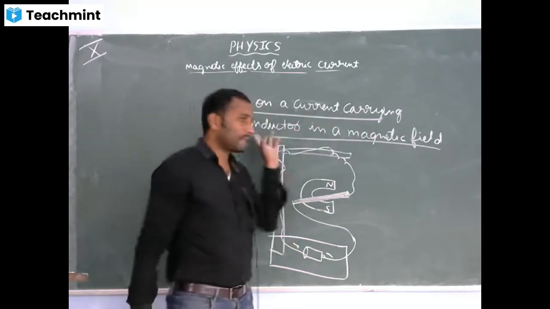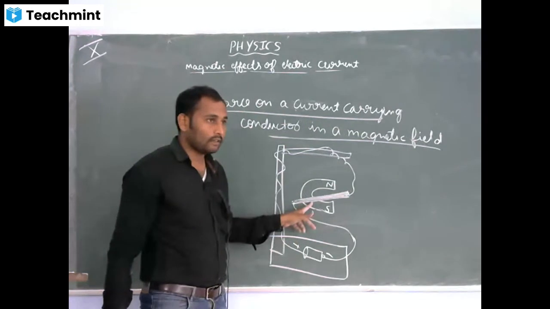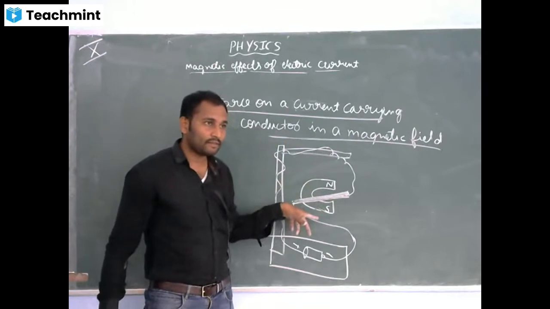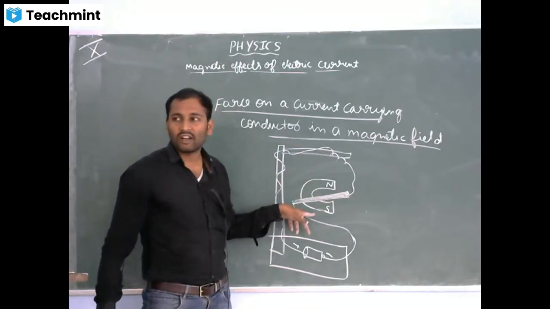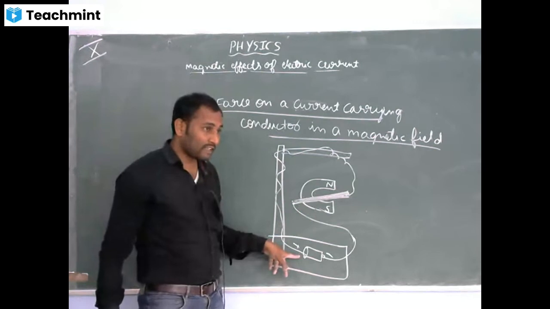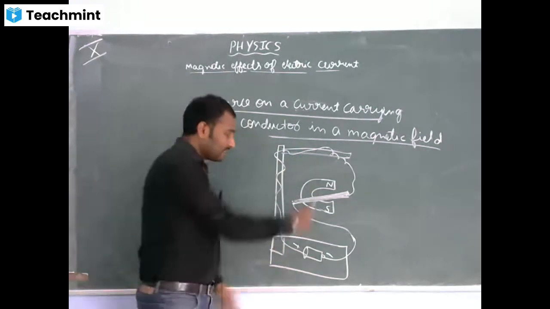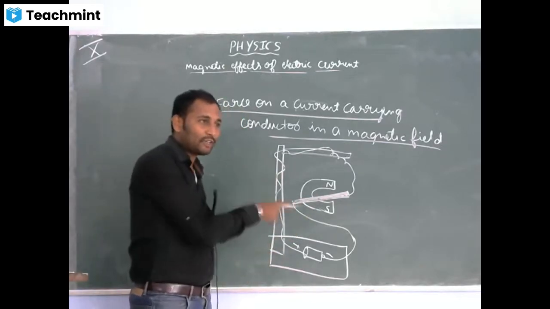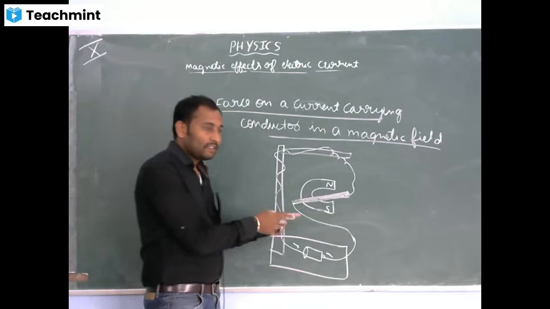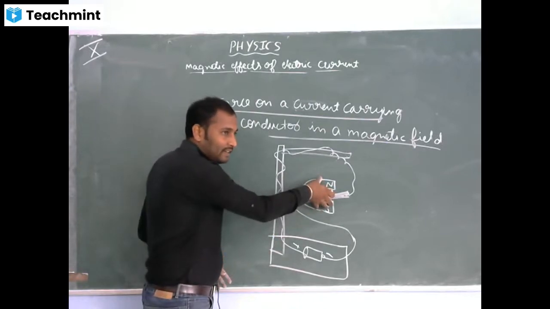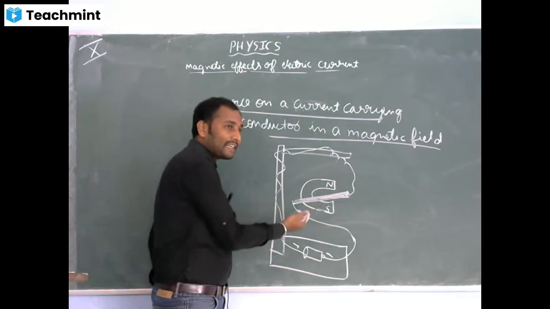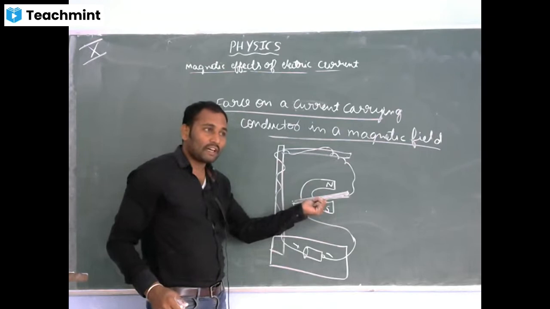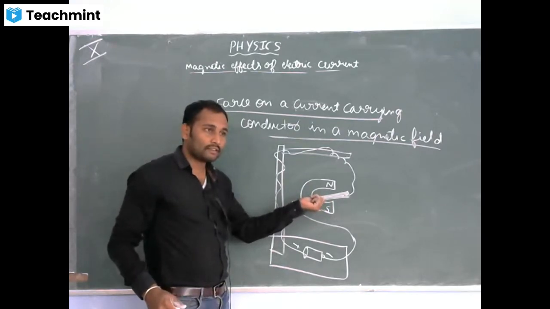So we got a current carrying conductor in a magnetic field. Is that current carrying conductor in the magnetic field? Right or wrong? So when I start allowing the current to pass through this conductor, it will produce a magnetic field around the conductor, right? So there is already the presence of a magnetic field, and also as this conductor produces some magnetic field, what happens? There will be some force on this conductor. Clear?